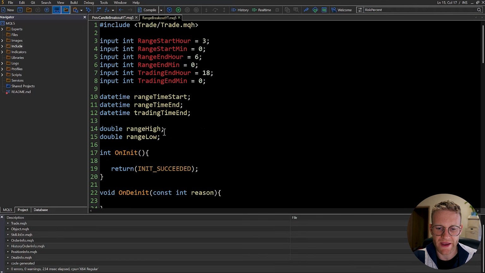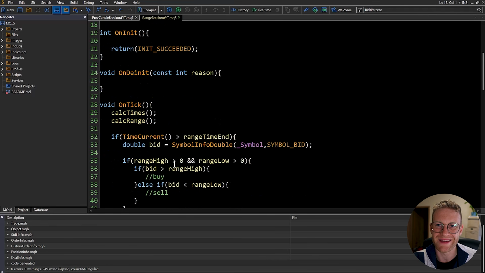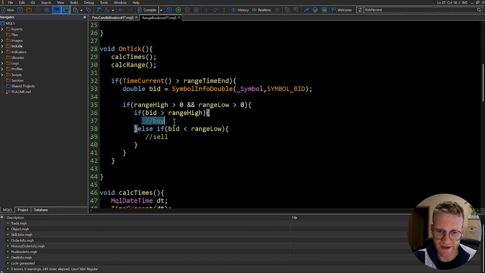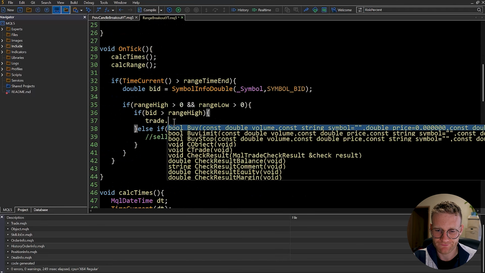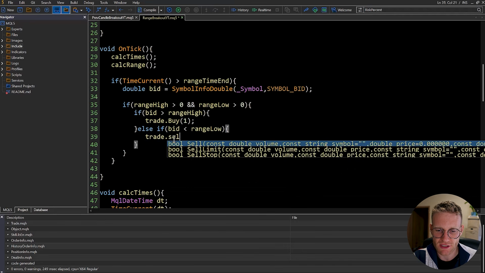So now, since we have this trade class, I want to create a trade object. For now, in this tutorial, we just need to know that we can use this trade object to open, maintain, and close positions. So here I can easily say trade.Buy, now I want to open, for example, one lot. Here I can say trade.Sell